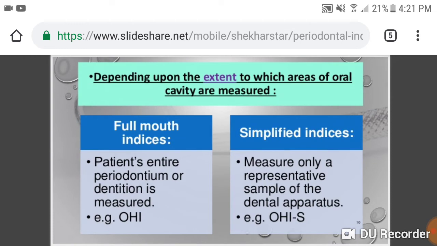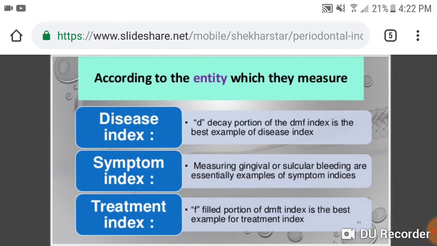Depending upon the extent of which areas of the oral cavity are measured. In the full mouth indices, the patient's entire periodontium or dentition is measured. Example is the oral hygiene index, OHI. Simplified indices measure only a representative sample of the dental apparatus. Example, OHIS. According to the entity which they measure, disease index: the decay portion of the DMF, that's decayed,